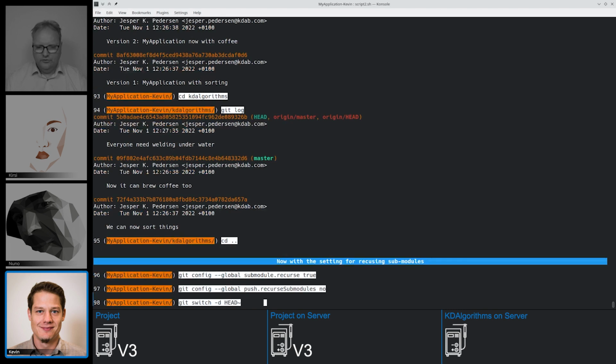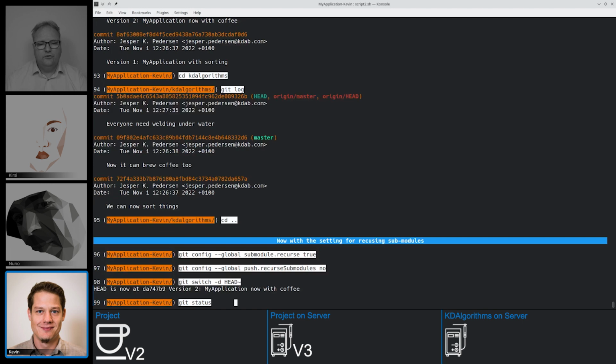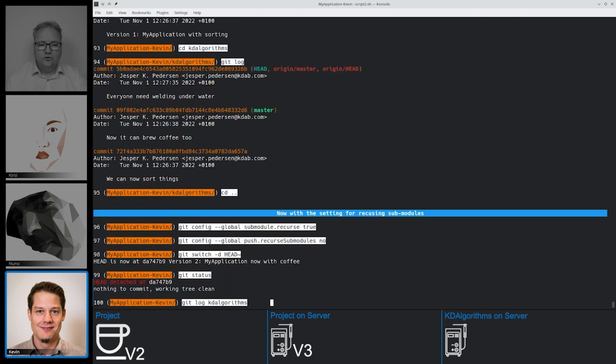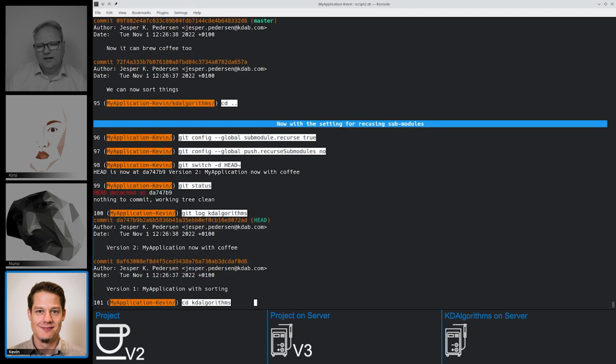We set that to no here, and now we try switching to another version, and git status shows me that there are no changes. Let me go into the KDE algorithm and look there. Actually, as you can see, now I'm back to the version that's capable of brewing coffee. That was what the HEAD~ version had, and I got that automatically updated, which I didn't when I tried before.